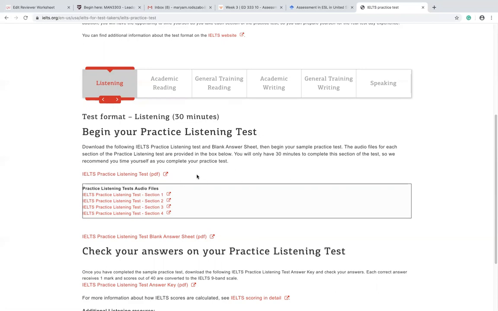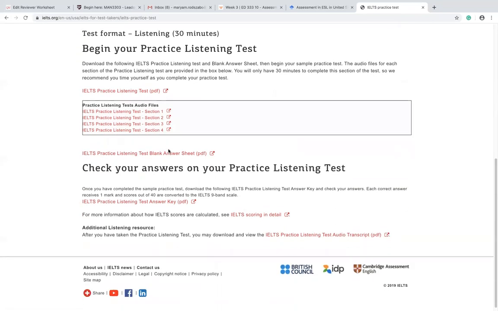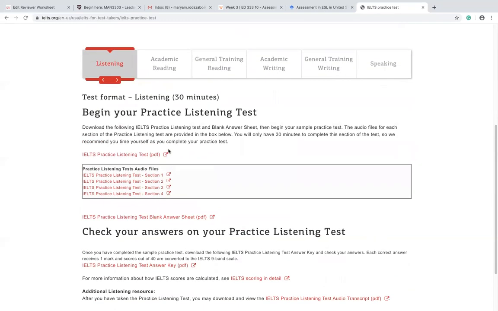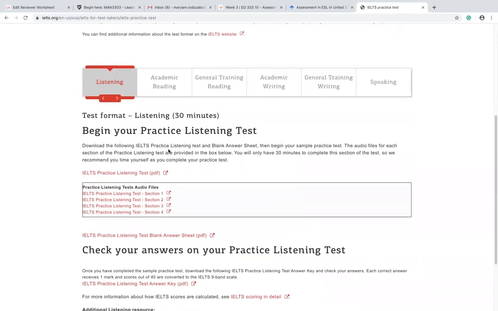So that's why I want you to take a little time, because we are focused on the assessment of ESL. I just want you to take a little time to take one of these tests, to make yourself familiar with what this process looks like to someone who is taking this test and needs to get an overall grade point of 6 or 7 for academic reasons.